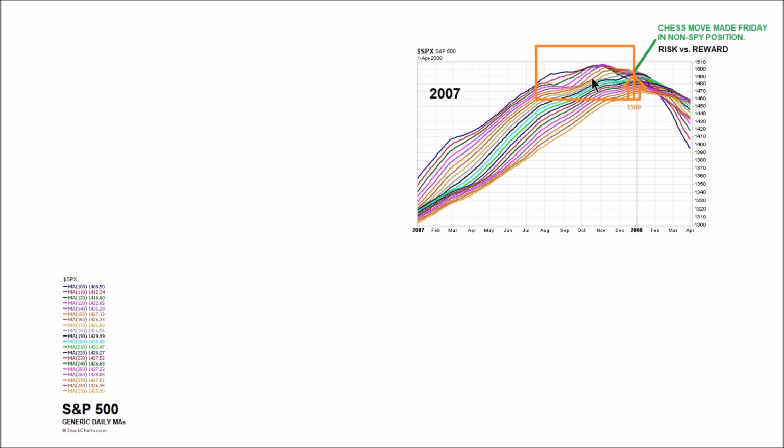Because that position has a profile similar to the profile in this box here, where the math is starting to deteriorate in a way where the risk-reward ratio is about a coin flip. This position, this is the second time we've cut this position. We're migrating away from this position until it can prove itself. When we have this type of profile here, right here, we could still see a big move in this direction, but unfortunately we could see a rapid and big move in this direction, and that is why we reduced exposure.